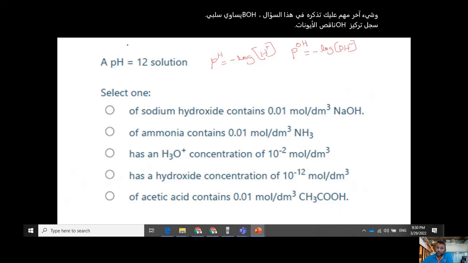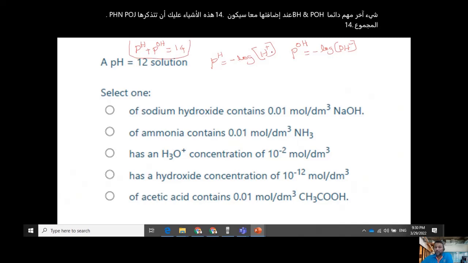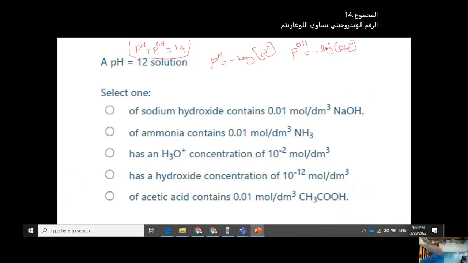Another important thing, always pH and pOH, when you add them together, will be 14. These things you have to remember. pH and pOH total 14. pH is equal to negative logarithm of concentration of H plus. pOH is equal to negative logarithm of concentration of OH minus ions. Now,